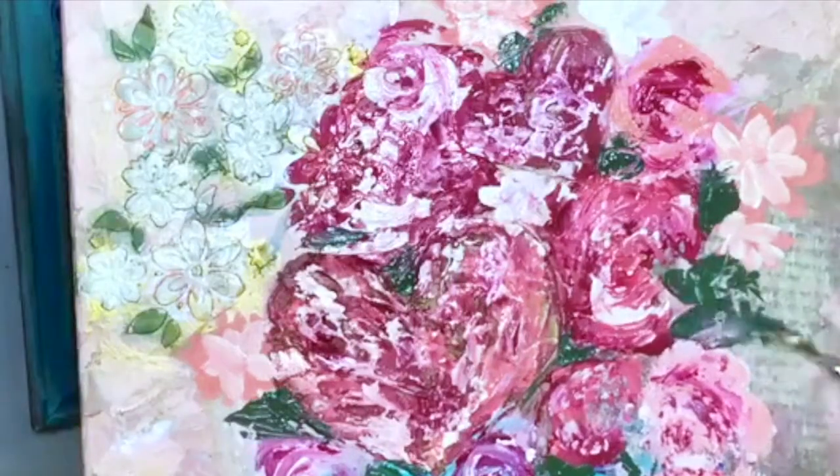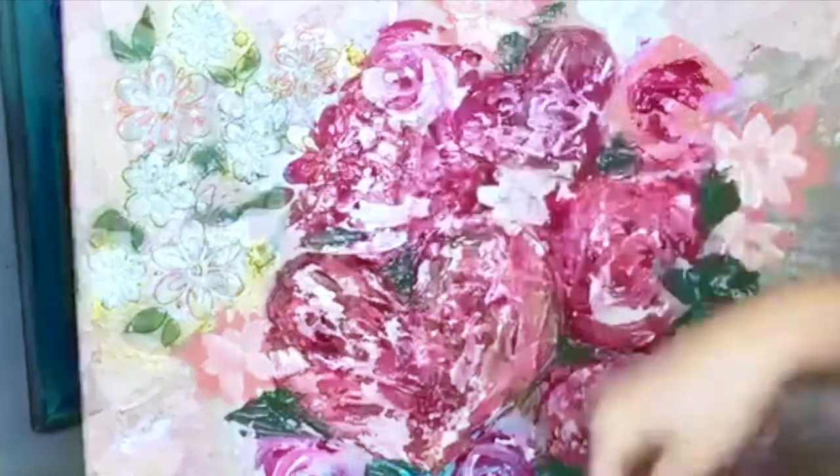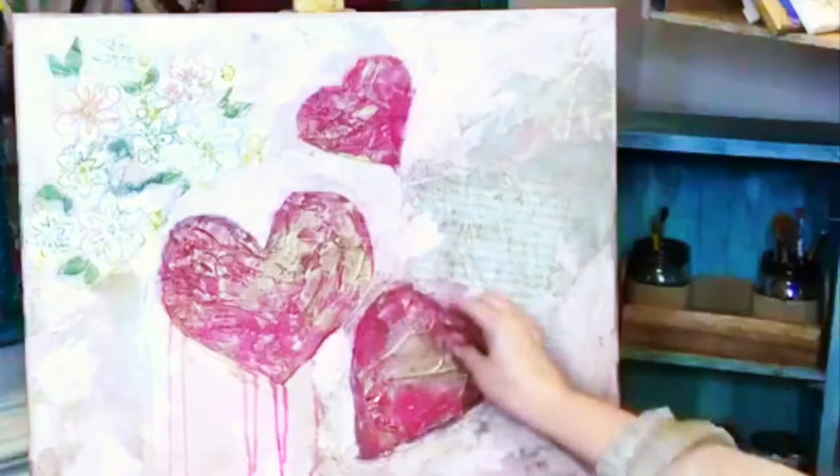I am repurposing this mixed media canvas into something fresh and pretty. Let's do it. That's my husband's love letter, one of them right there. Why not just take it off? So I'm gonna try. I've got my putty knife here to...